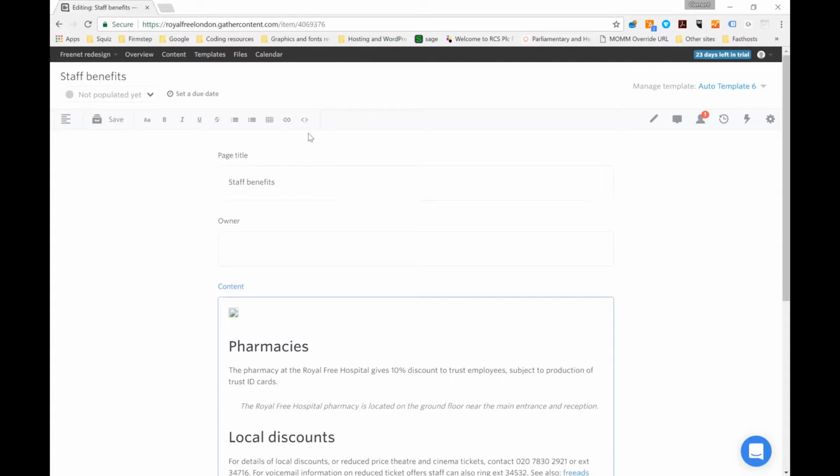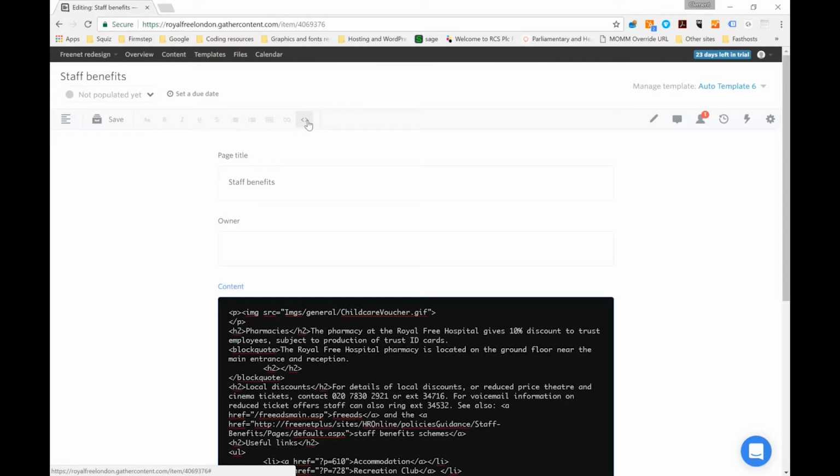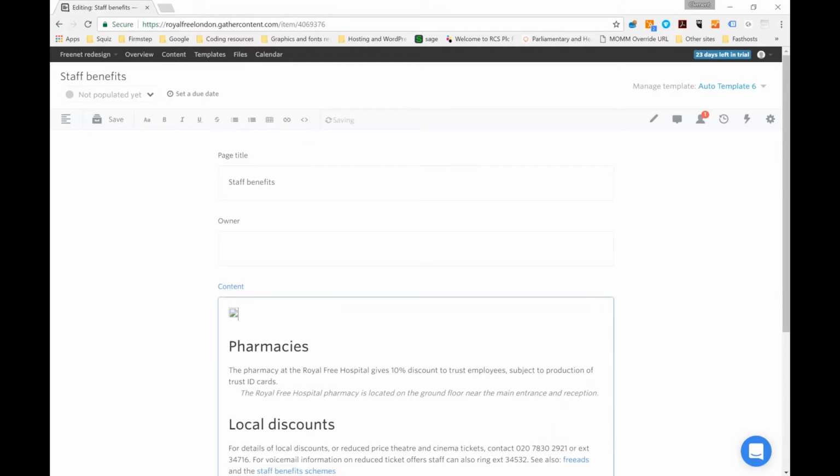If you are familiar with HTML, you can change the view by clicking on that, and you can add your links to your images here, but for now I wouldn't bother too much with images unless you're confident about inserting them here. Okay, you've got bullet points and all sorts of other formatting tools. It generally does autosave, but once you've finished, it will be a good idea to press save. And once you've saved it,